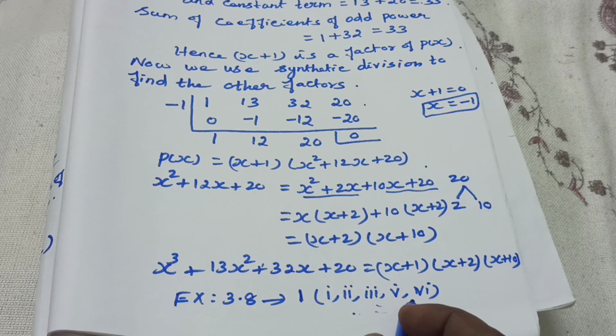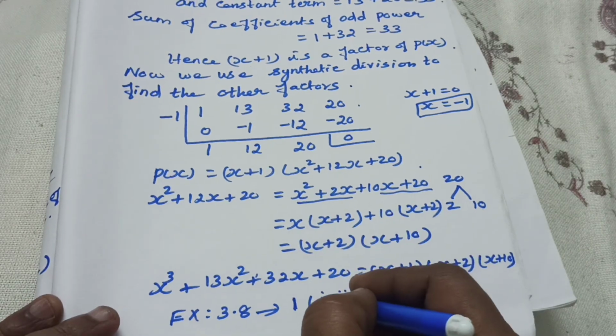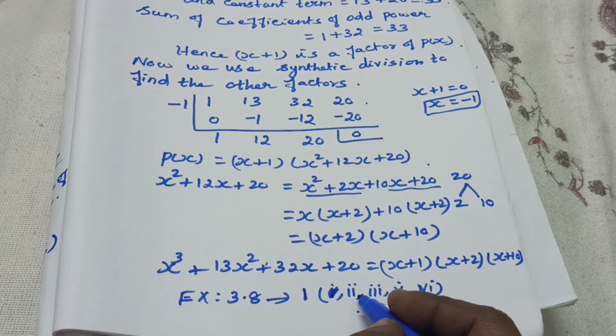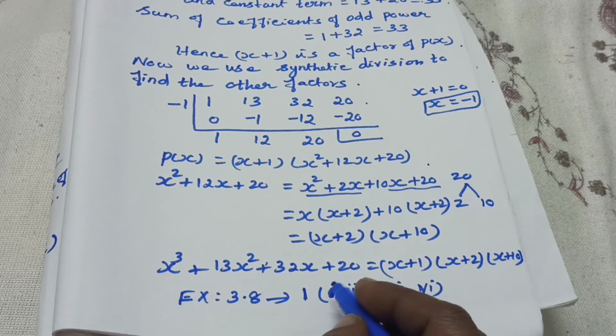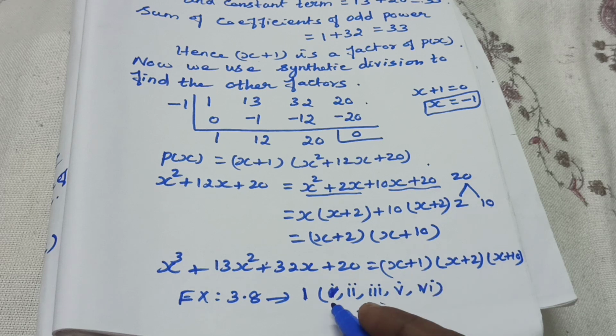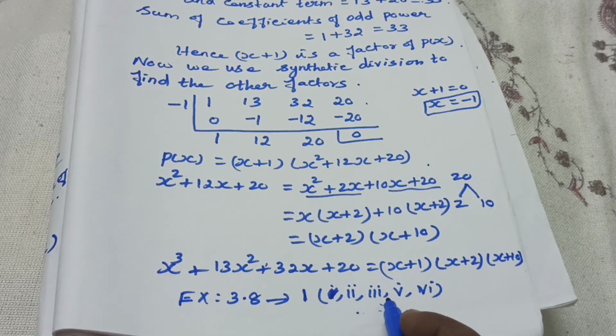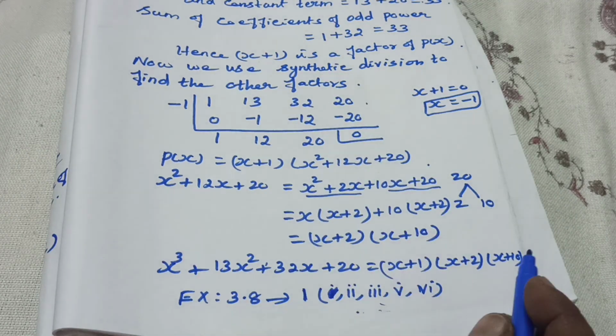Suppose here the first question, no need. Okay, first one no need. Then the second one: x minus 1 is not the factor, we will get x plus 1 is the factor. Here again we have to check, then only we will get. So for the second question, x plus 1 is the factor we will get. Then afterwards the same method you follow.